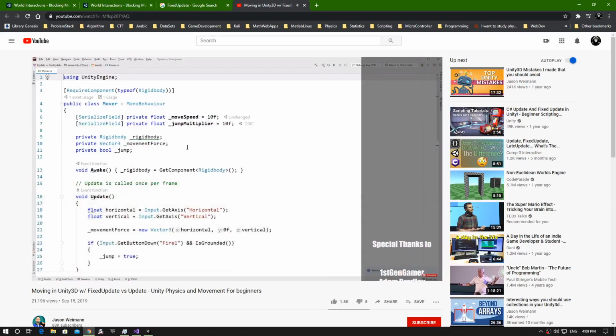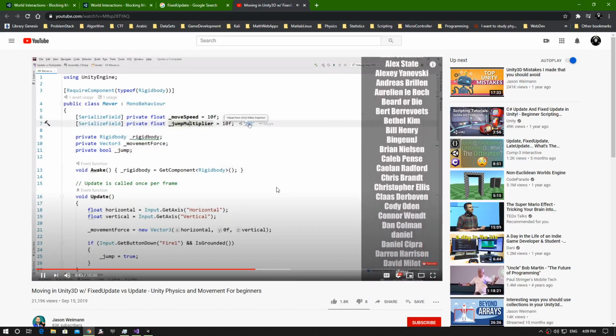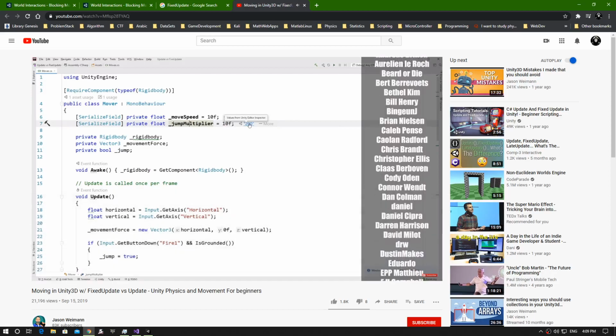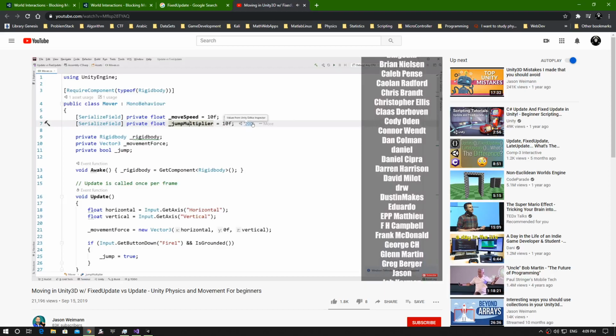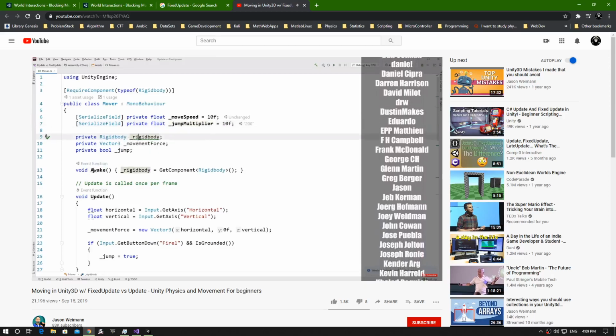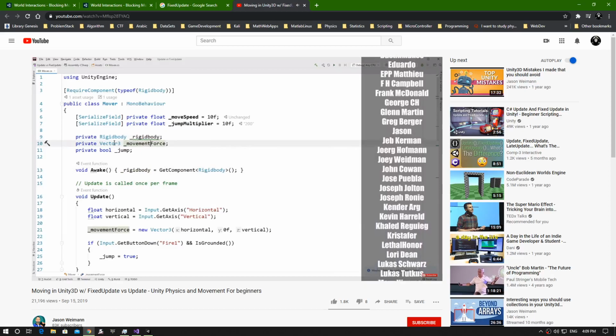So that's what our controls are. That's how everything works. I always just want to say, we have Rigidbody fields here, a move and a jump multiplier. You can see that Rider is smart enough to know that I've actually set the value to 200. 10 is not the value that I'm using. 200 is the value. I love Rider. It's a freaking awesome feature. Okay, then we've got a Rigidbody here that we're caching in our Awake. So our Awake just gets that Rigidbody component. We have a vector for our movement force and a